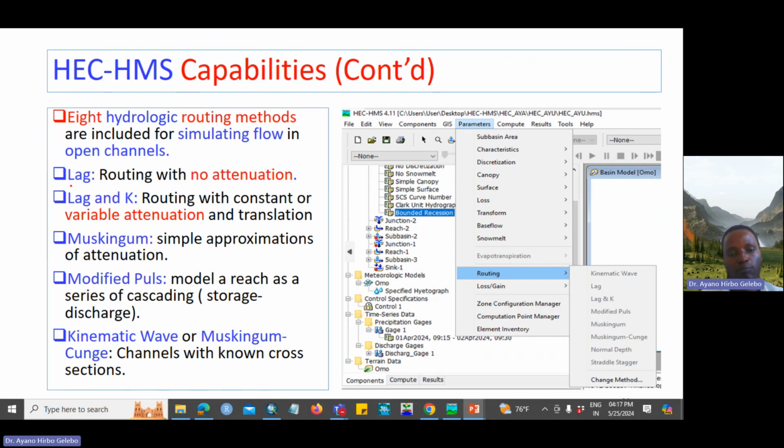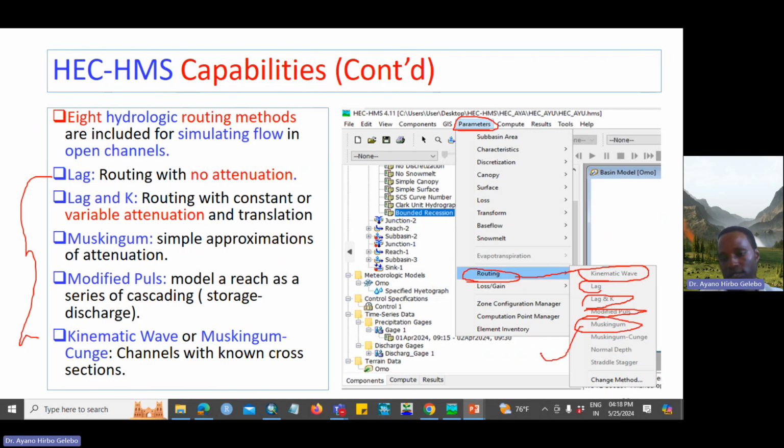For example, there are a number of methods implemented in this HEC-HMS model in order to deal with the routing, simulating the flow in each river or reach. Under the parameter section, in the toolbar in HEC-HMS, there is a routing toolbar, and under this there are a number of methods embedded under the routing section, like kinematic, lag time, lag and constant K coefficients, and the Muskingum and Muskingum-Cunge methods, which we mostly use for the analysis of